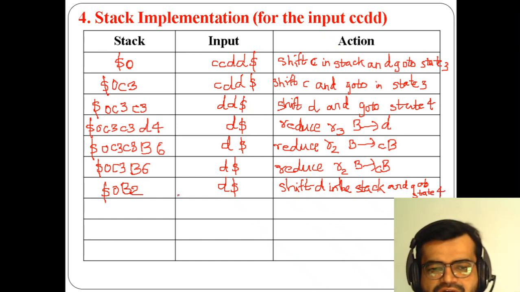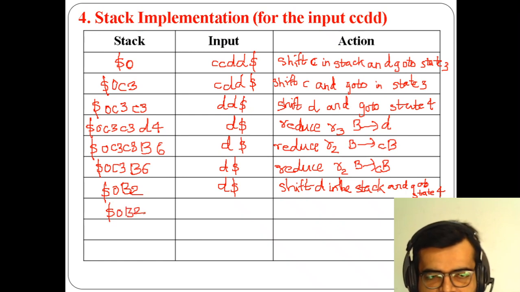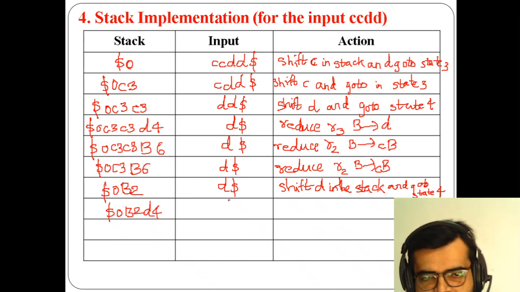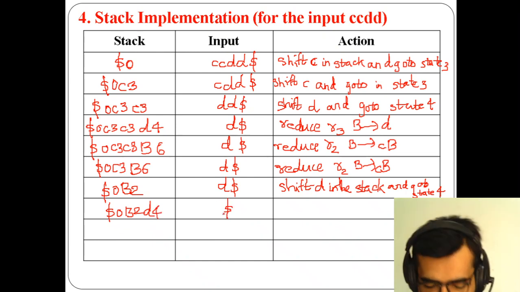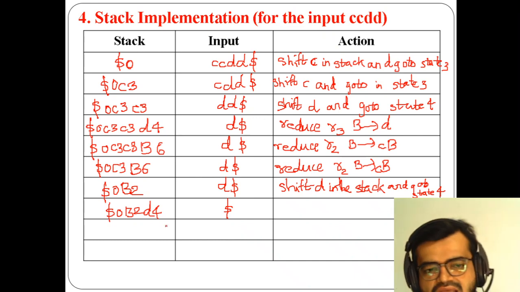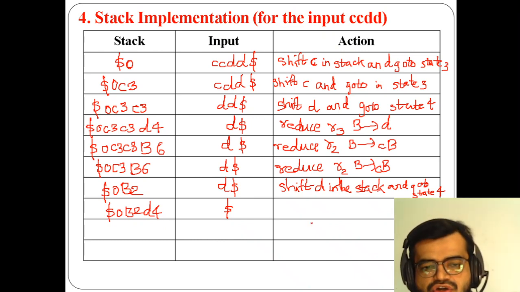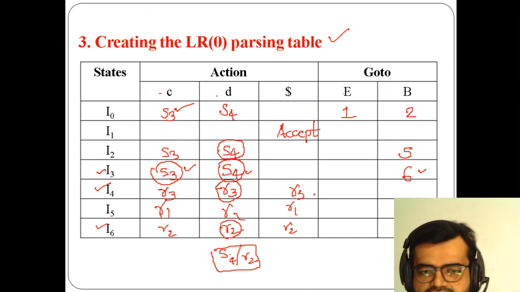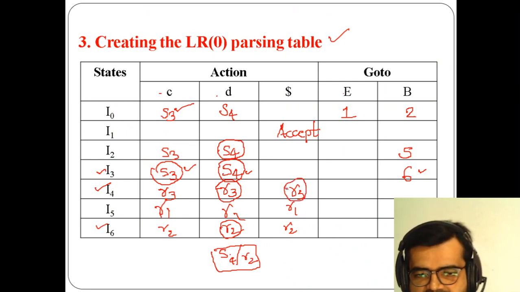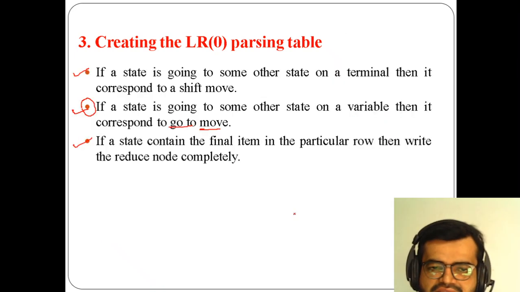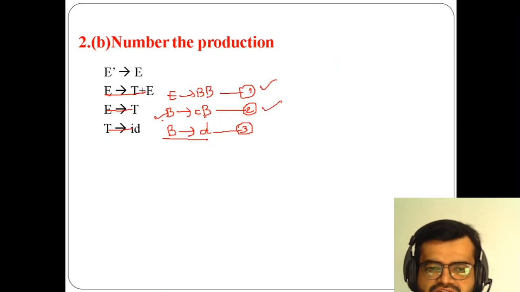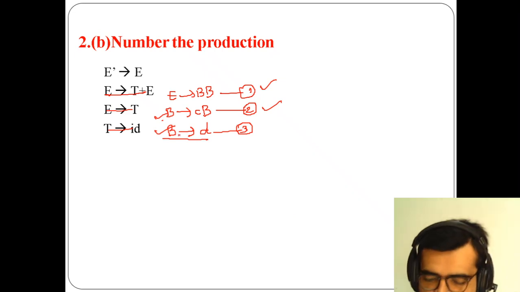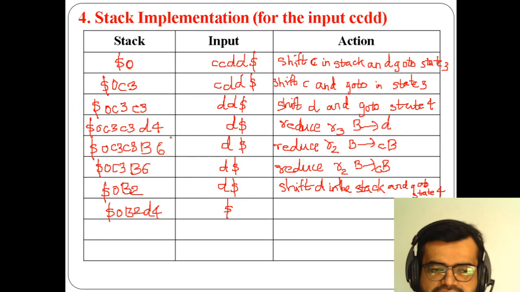So what I have to do finally is that $0B2D, I have to write here as 4. Now nothing is there here because we have shifted D. Now again for the fourth state, dollar, you have to verify. Fourth state dollar, what is that? Reduce operation is R3. What is there in R3? R3 means this one. Okay, so simply I'm just replacing here.